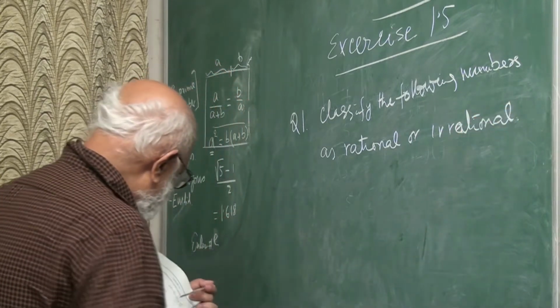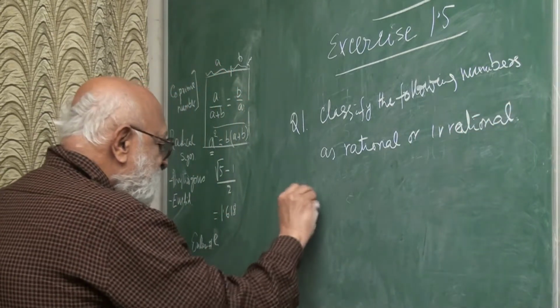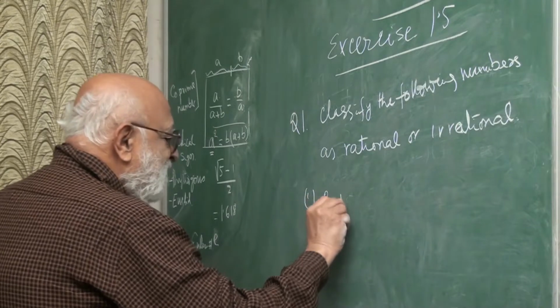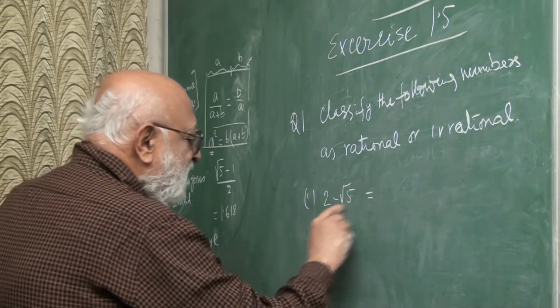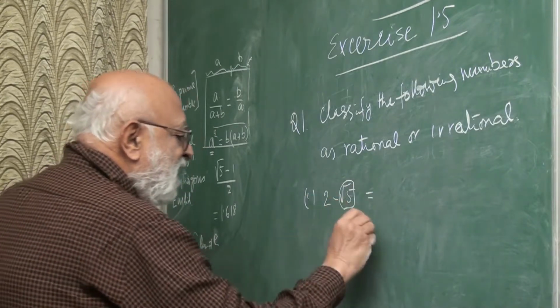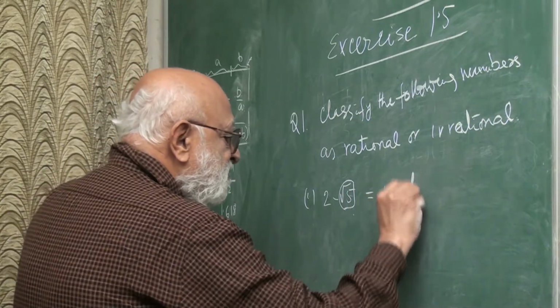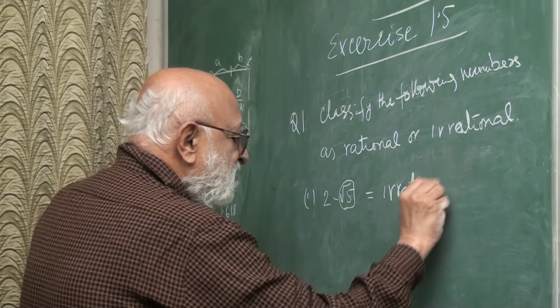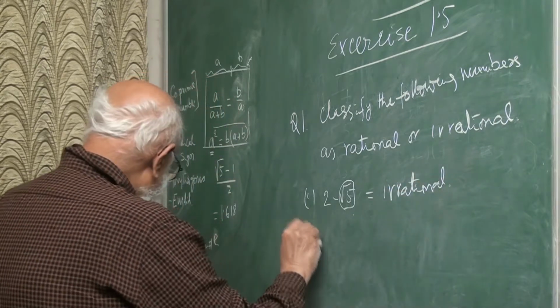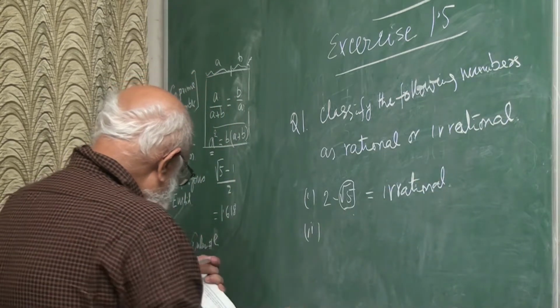Okay, first one, 2 minus root of 5. Definitely it contains root 5, so this is irrational. Okay, done. Number 2, it says